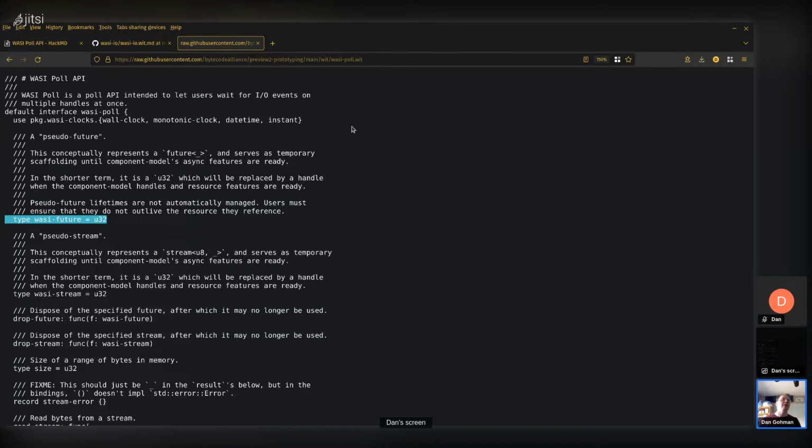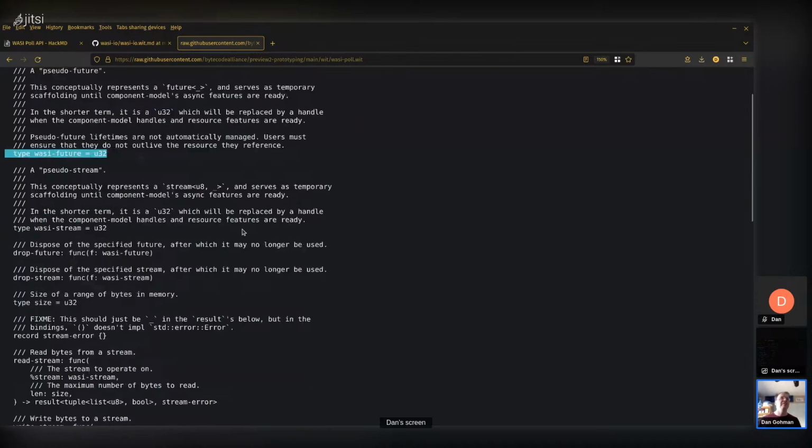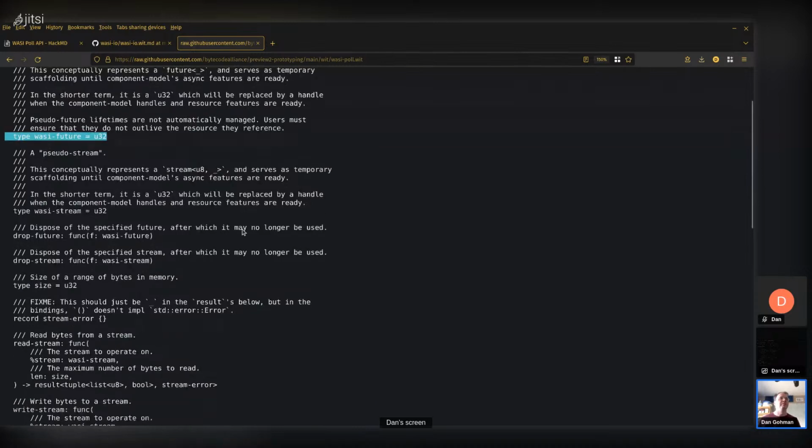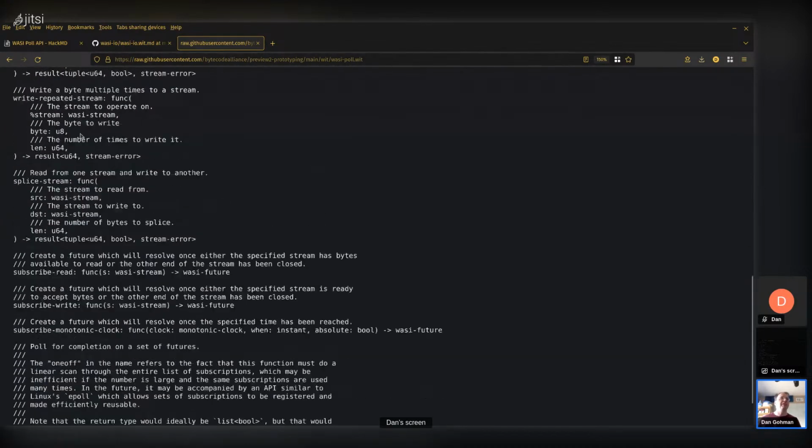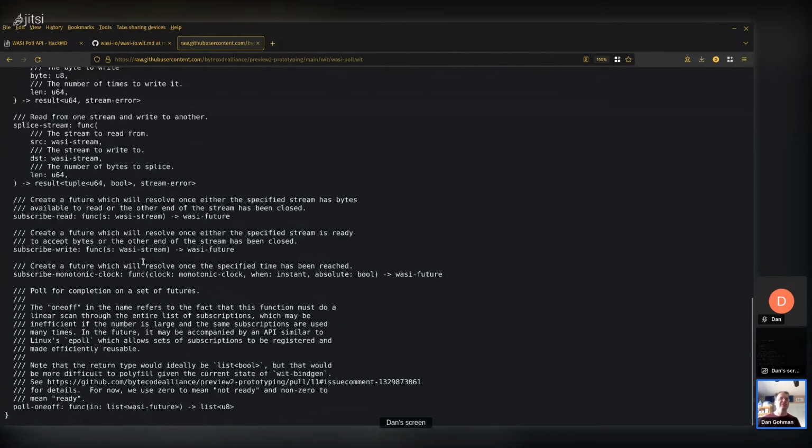And then when we do this, we can have the poll function. I'll explain what's going on there later. But we can have a poll function. Here's the final poll one-off. It's very simple. It's a lot less structs and result and event types going on. The input is just a list of these waitable things, a bunch of things we want to wait on. It's all the same type. It's just WASI feature, which is just a handle that abstracts over the thing we're waiting on. So poll one-off will wait for those things.